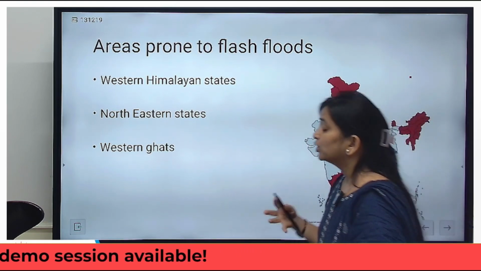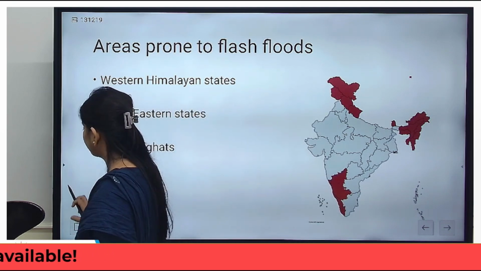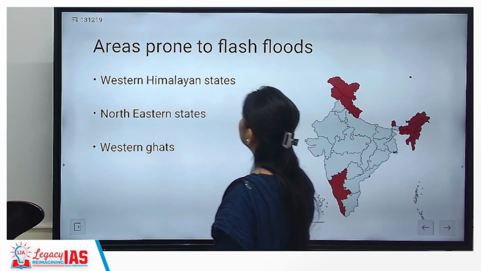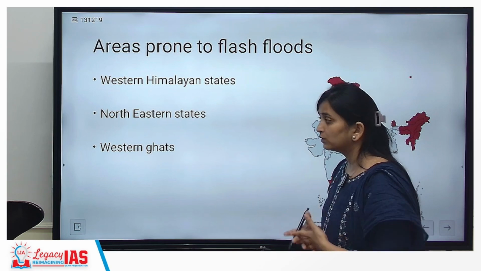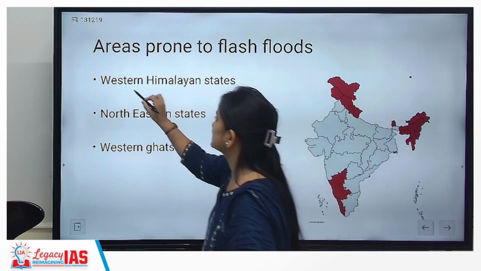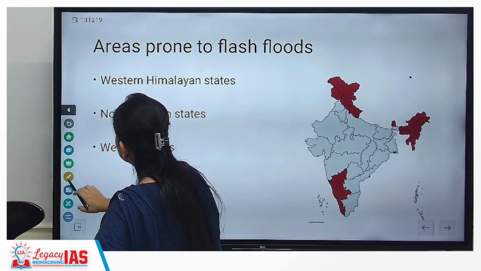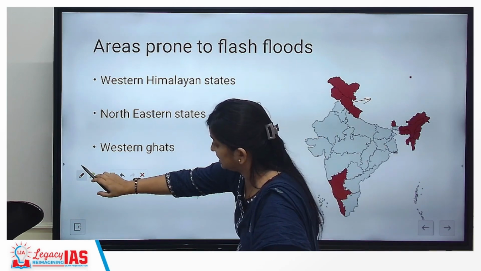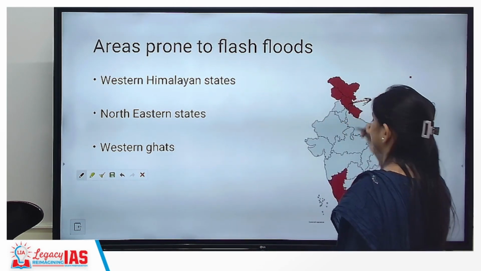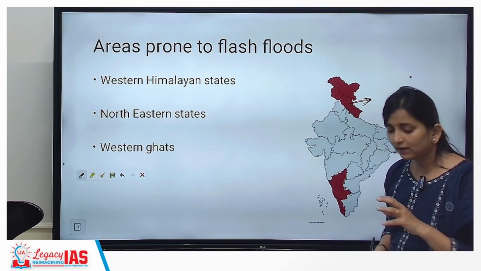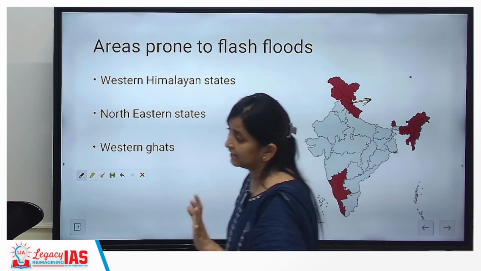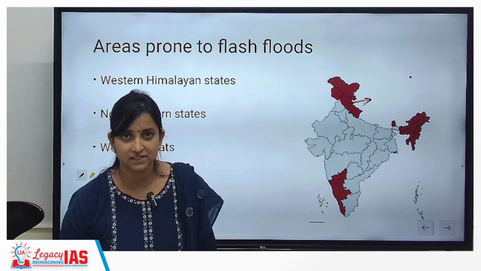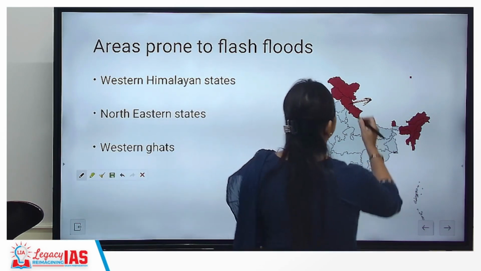Okay? Now, talking about the areas that are more prone to flooding, इस तरीके का flash floods कहाँ पे ज़्यादा होता है? Now, talking about the areas prone to flash flooding, where are we encountering these kinds of flash floods more often? It is the Western Himalayan states. For example, in Western Himalayan states we saw Uttarakhand as one of the primary regions where we are often encountering flash floods. एक 2013 में भी बहुत severe वाला हुआ, and although this is as of now restricted to Dharali and Sukhi spot largely, as and when things unfold, we will get to know to what extent the damage has been done. So Uttarakhand, Himachal